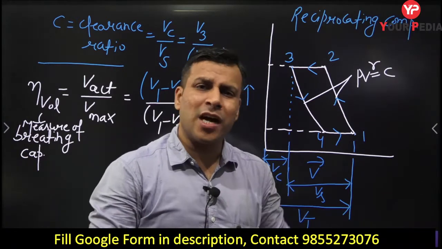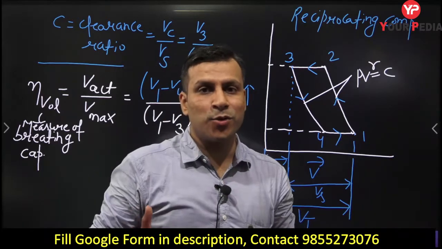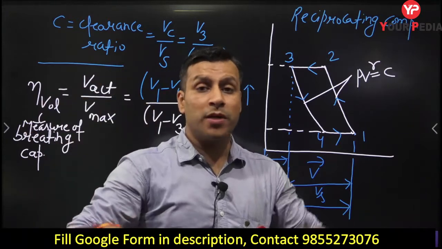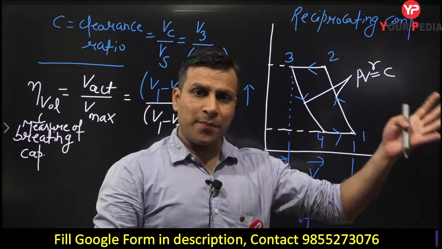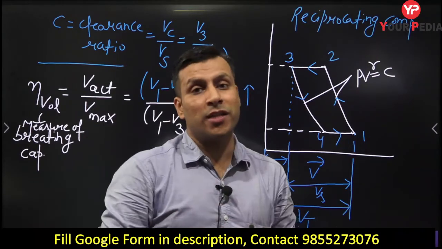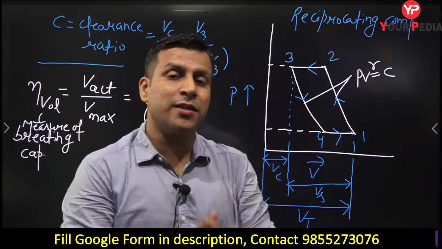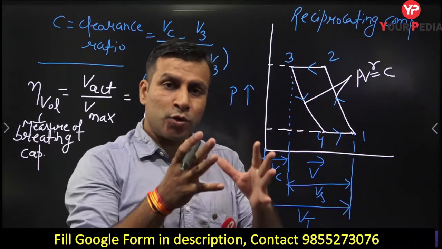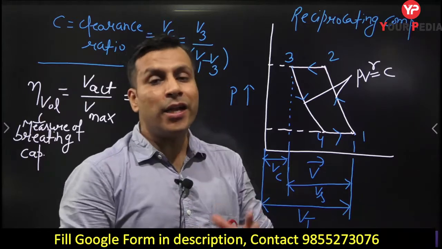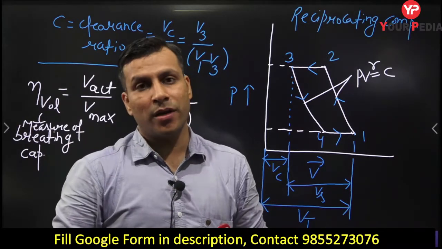How is the charge actually moving into the compressor from the evaporator? The charge is moving because the compressor is sucking that charge. So when will the compressor be able to suck the charge? When the pressure inside the compressor drops below the evaporator pressure. If the pressure is less, then only it will be able to suck the charge. Are you getting my point? You can note it down guys, due to some amount of charge present at the TDC, the pressure at the end of the compression is more than the evaporator pressure, so the charge will not enter into the compressor.